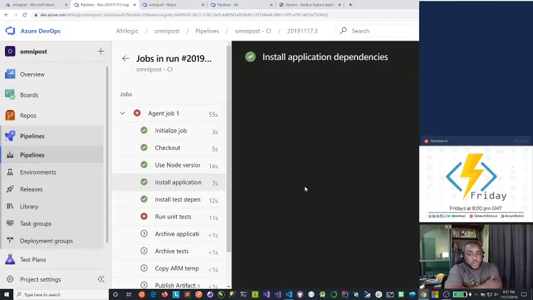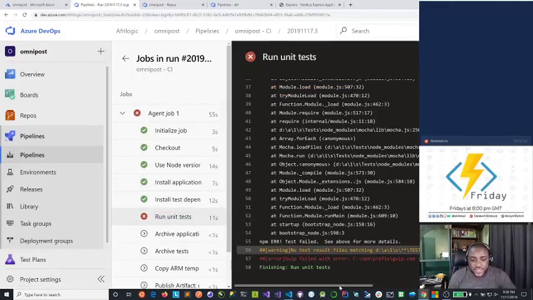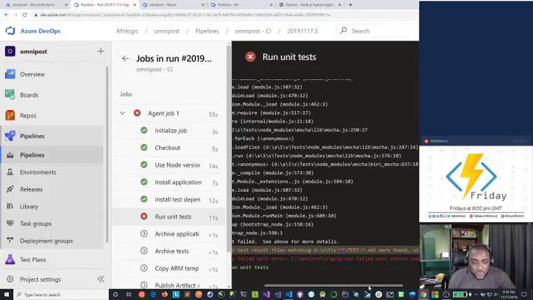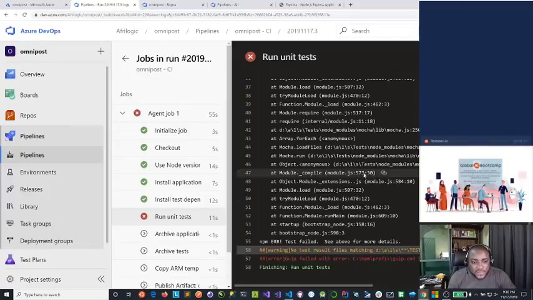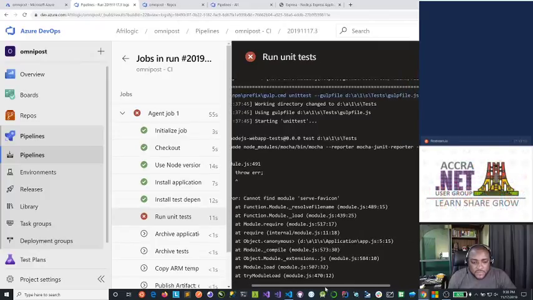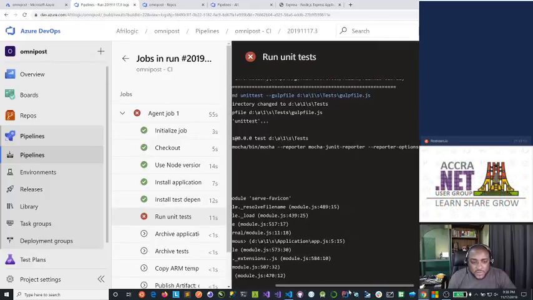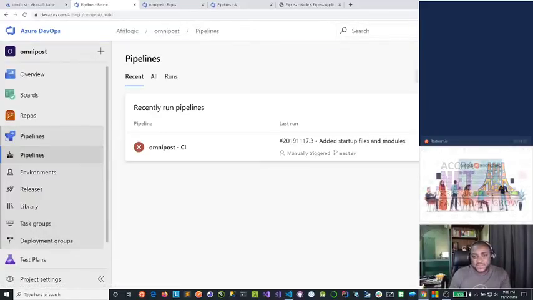That is because it's expecting some unit tests which we don't have within our application. So tests were found. So publishing, let's see. Cannot find module serve-favicon. That's true. Okay, so I'm going to go back again to pipelines,